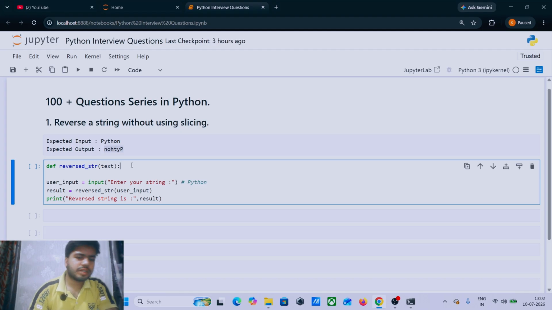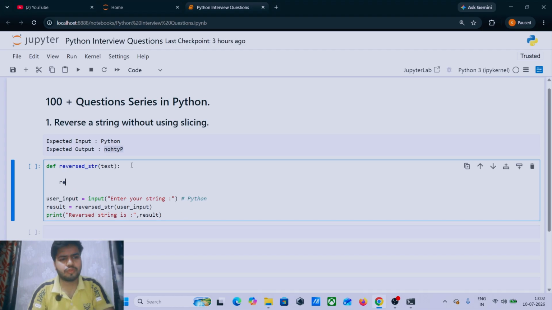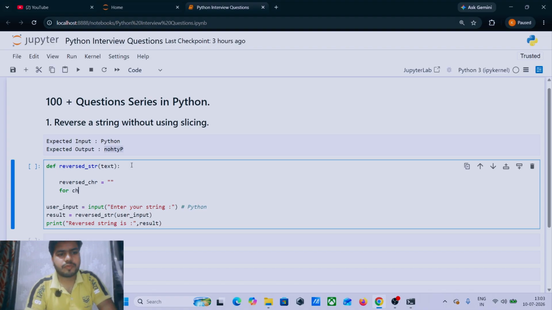Now comes the main funda. We need to initialize a reversed character variable with an empty string. Why? Because I'm going to write the for loop. Whenever the for loop runs, I'm taking each character in text.